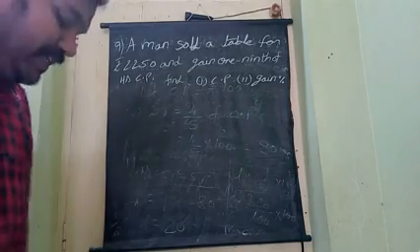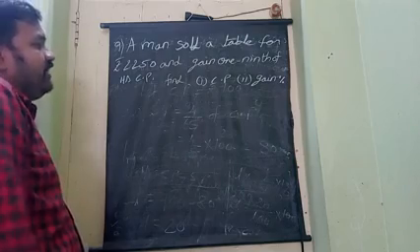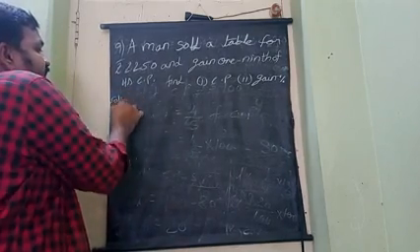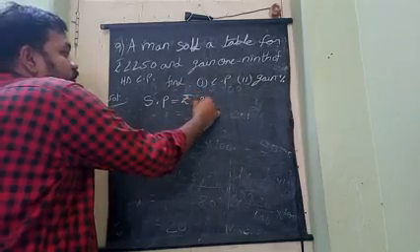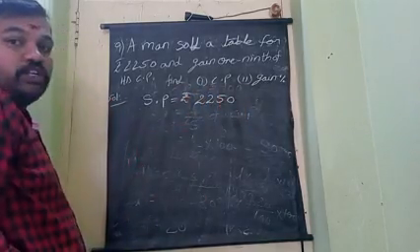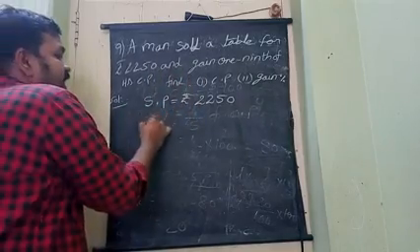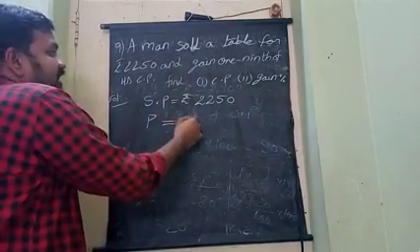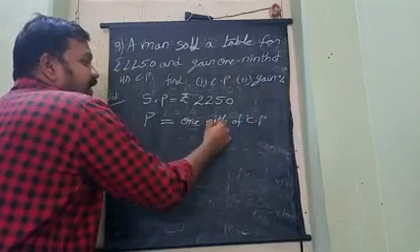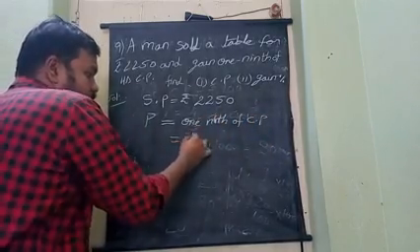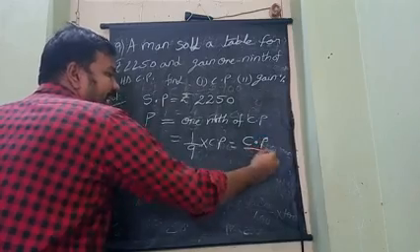In this question, cost price is not given, but selling price is given. What is given in this sum? Write it at once. Sold means SP. So SP is equal to rupees 2250. The selling price of the article is 2,250. And the gain, the profit, is given as 1/9 of CP, that is 1 by 9 into CP, that is CP by 9.